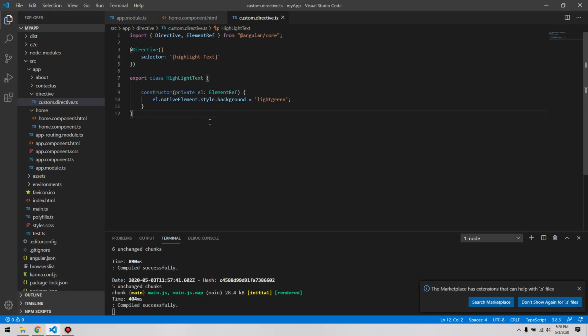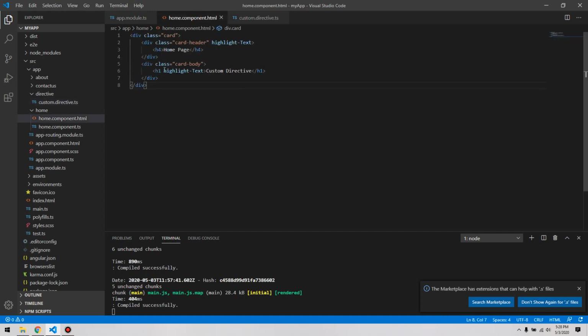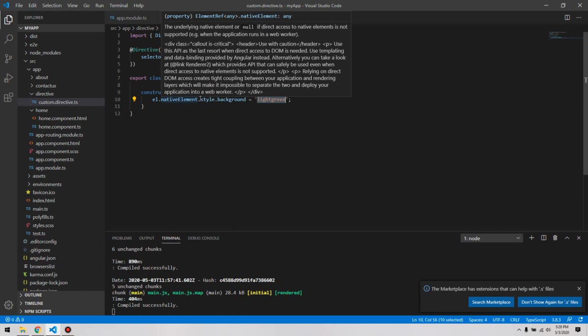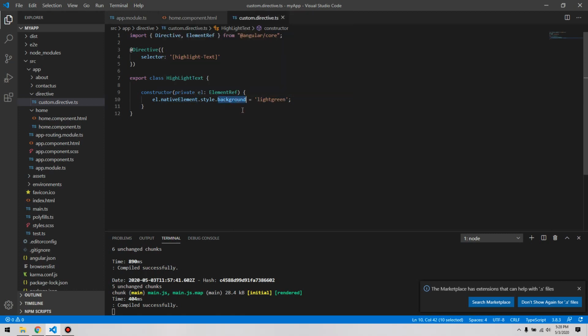Second, with the help of ElementRef, you can fetch the element wherever you put that selector in your DOM, and later with the help of style objects, like we used style background color light green, you can do certain different features also, like focus or background, or you can use a color also. So in this way you can use it as per your requirement.